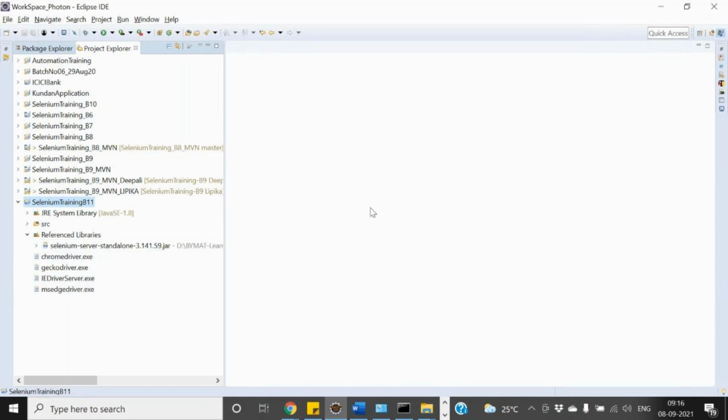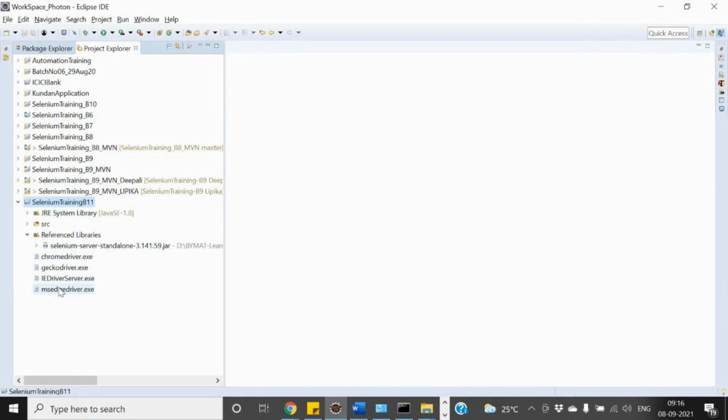What we have is the Java, the Eclipse, the Selenium standalone jar file, and after that the drivers. These are all the things we need to work with Selenium, all the software we need as of now.